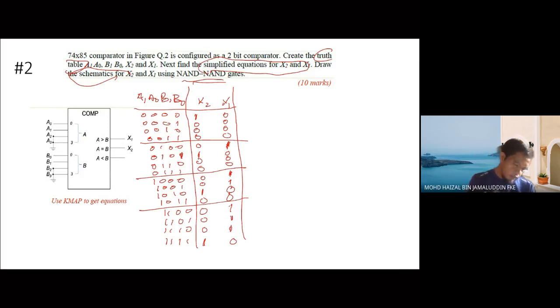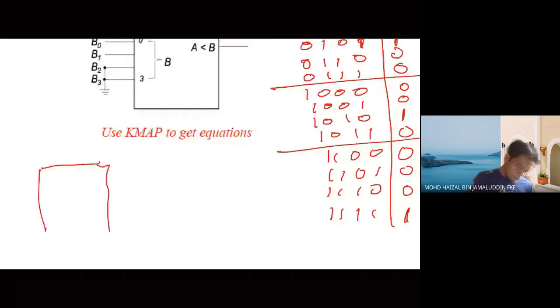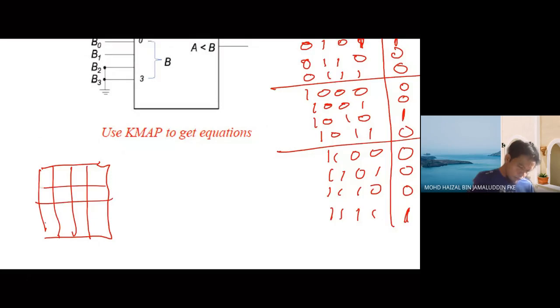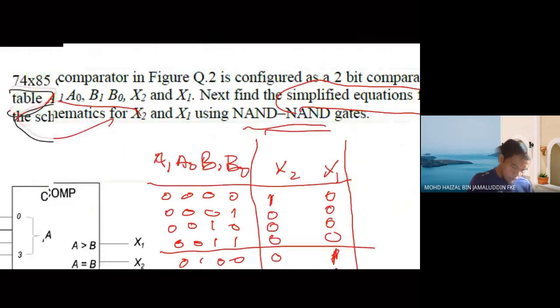Then, it asks for a simplified equation. You cannot run away from using the K-map. So let's see, we draw the K-map here for both outputs X2 and X1. So we can make this part bigger. Let's draw the K-map. For the first one, for the X2. Okay, for the X2,